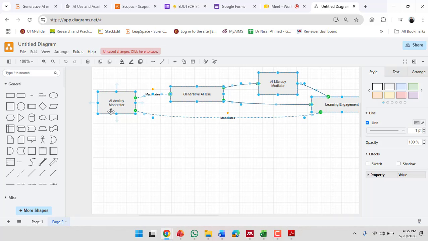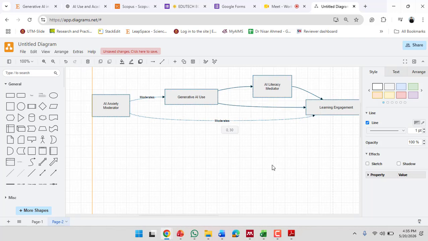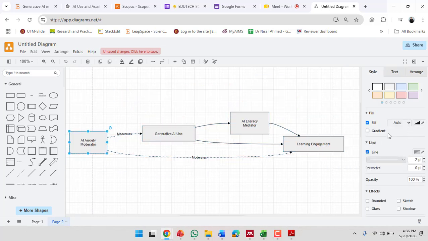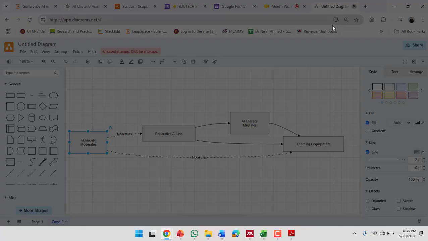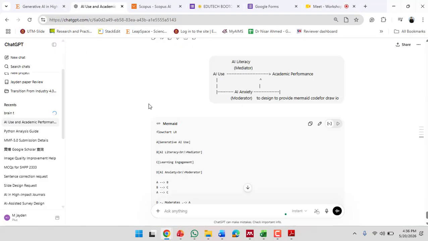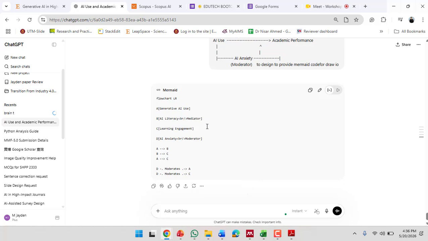So this is next. Now for writing the literature and introduction section, for example, I want to write this introduction section. I need some tool like Scopus AI, Litmaps, or elsewhere. These provide you authentic references. So the prompt is very simple, that these are the introduction headings: general introduction, evaluation, everything.